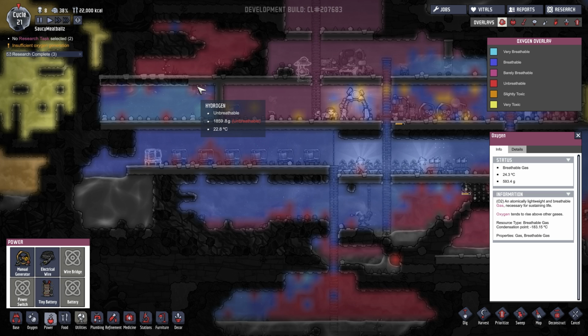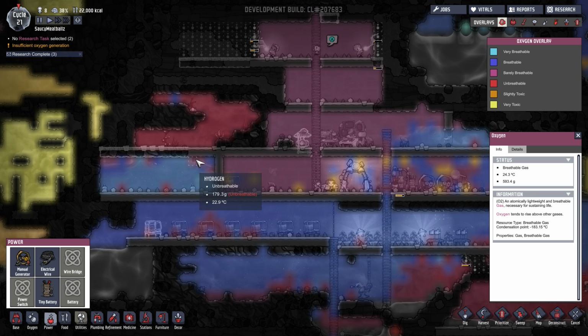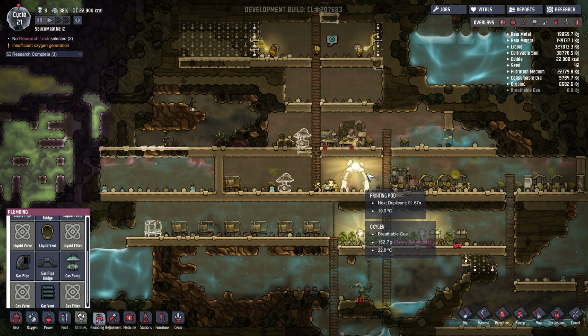Now here is the hydrogen in a very concentrated amount. Now it looks very little, but this little block here of nearly 2,000 grams will spread out like this over the whole base. And you can see here, while this is very little, we're going to need to build another pump. We're going to have to have 2 pumps going until this is sorted out. So let's get another gas pump up here,